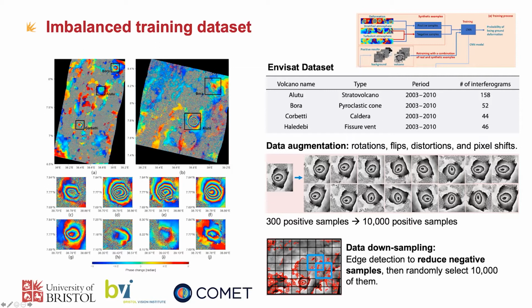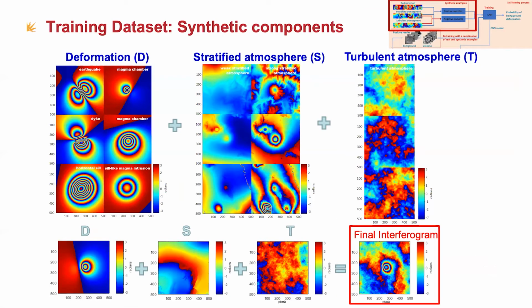But luckily for geoscience, all the deformation under the ground has already been studied. So we decided to use synthetic data sets to increase the data and also to give more generalization to the model, because now we include all kinds of possible fringes that could happen,